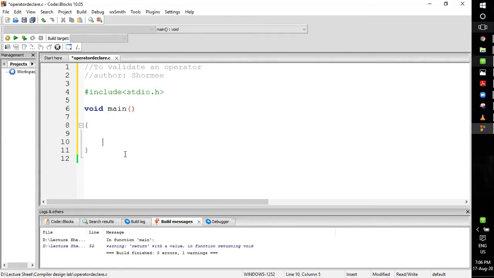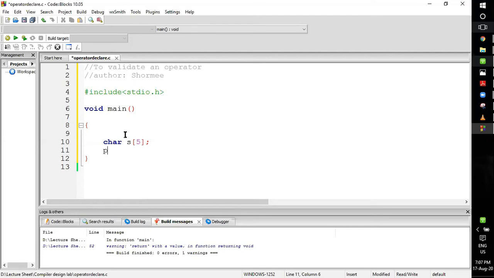So in the main function, first thing we'll take the input from the user. Now for the input, I'll not take one variable. I'll have to take two, because when I'm talking about equal to or greater than equal to, I need minimum two spaces. So I'll be declaring an array of characters, to which I'll give suppose the size 5, or you can give 2, it's fine, because there are no operators longer than that.